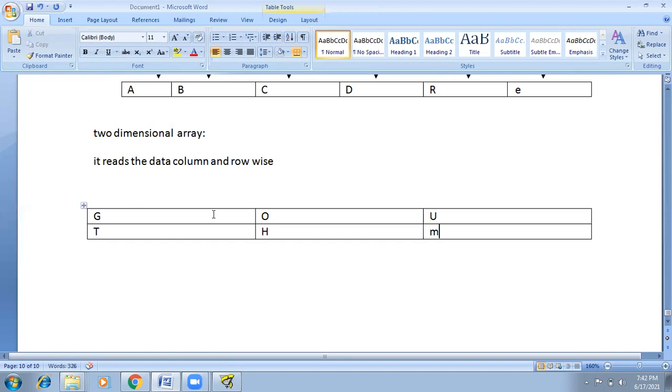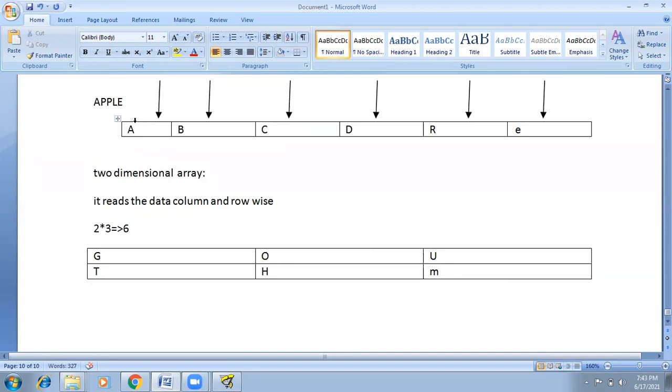How many columns are there here? 1, 2, 3. 3 columns and 2 rows. It means a 2 into 3 matrix, total 6 columns. Generally, variables are specified in only one row, 1, 2, 3, 4, 5, 6.